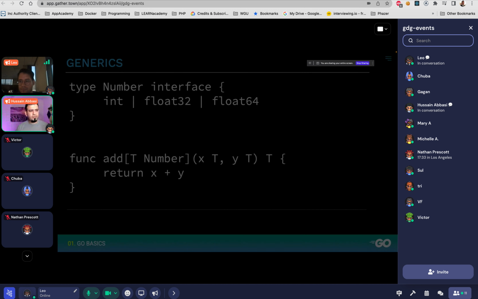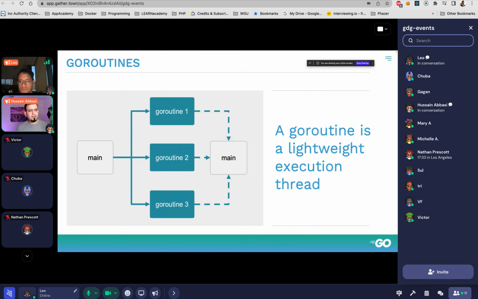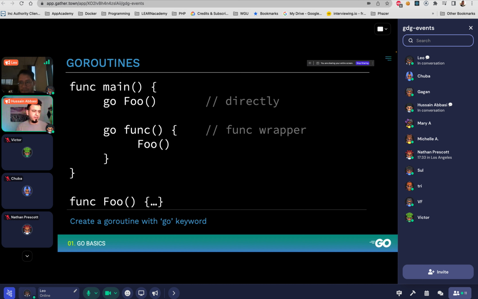And the biggest thing, or the most talked about thing in Go, is the goroutine. Its ability to have concurrency. So a goroutine is not an OS level thread. It's actually a user level thread. So think of it as a really lightweight thread that just spins up on your user thread and it doesn't go down to the OS thread all the way, which means it doesn't have to worry about the performance hit that you may get if you're using the underlying OS thread.